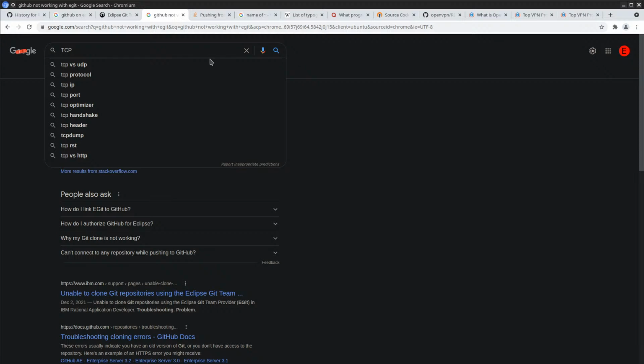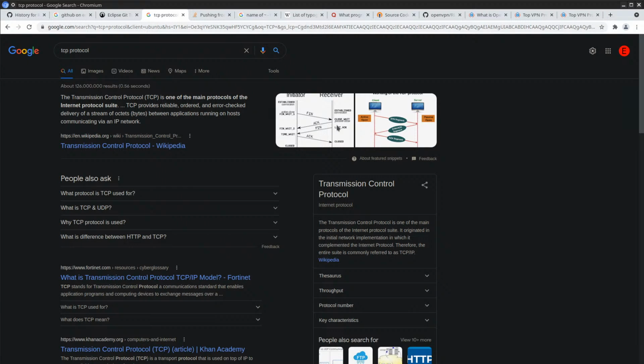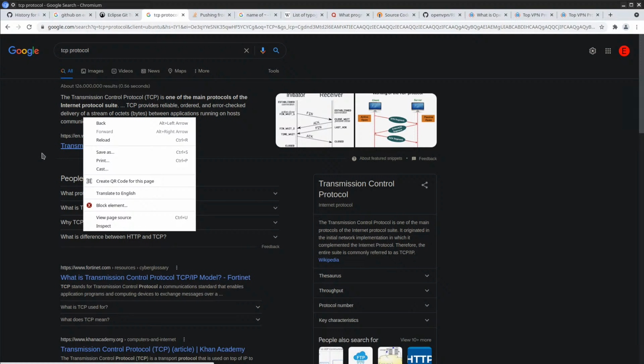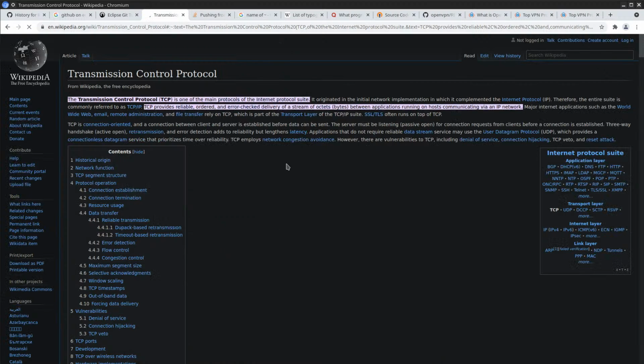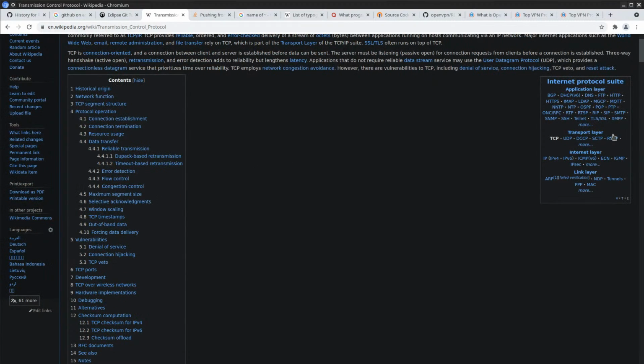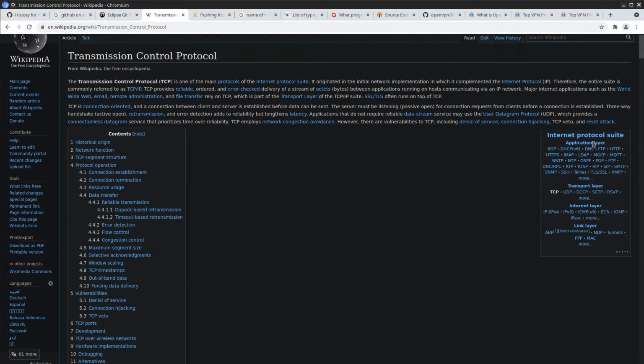TCP protocol. Okay, let's read the quick and dirty explanation. Internet protocol, transmission control protocol, the one that's actually used by HTTP.